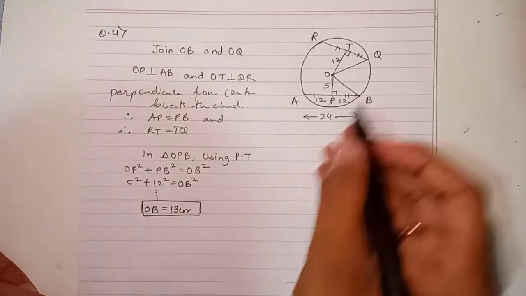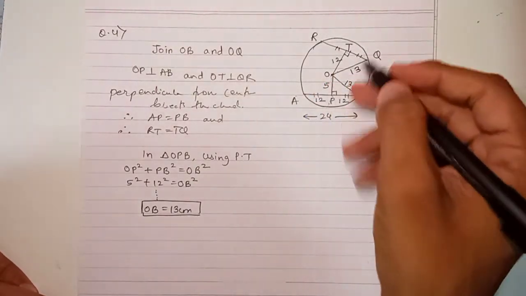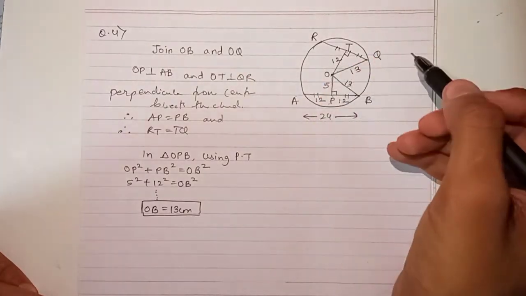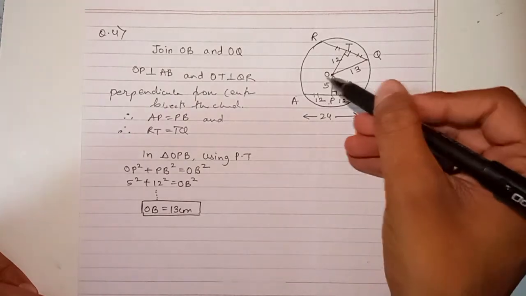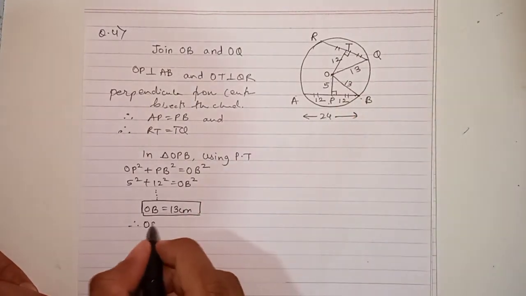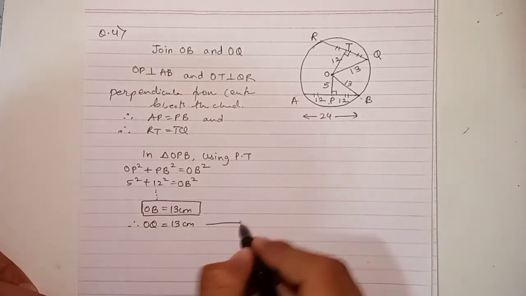Now if OB is 13 centimeter, OQ will also be 13 centimeter, because दोनों रेडियस है. रेडियस सेम होता है हमेशा सर्कल में. कितना भी रेडियस बनाओ, कहीं भी बनाओ, radius will always be same. सो ये भी 13 है, ये भी 13 होगा. Okay, therefore OQ is also equal to 13 centimeter. Okay, now